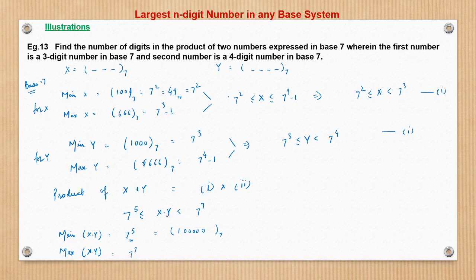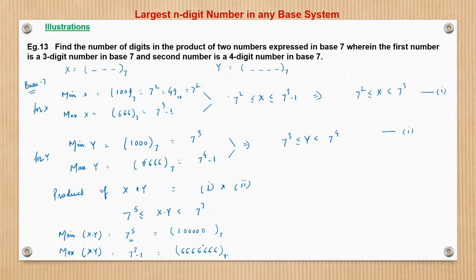7 raised to power, I mean xy is less than 7 raised to power 7, so maximum xy would be 7 raised to power 7 minus 1. So that we can write as 7. If we convert to base 7, this is in base 10. So this is again the same. This is the 8 digit lowest number; minus 1 will give the 7 digit highest number. So we will have 7 numbers of 6,